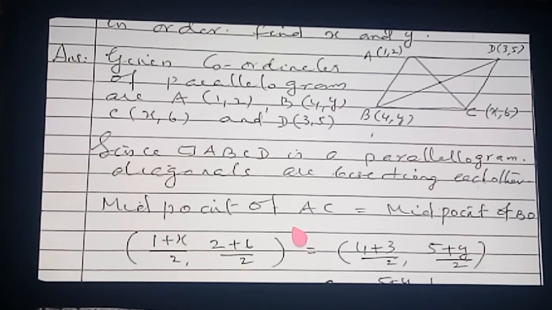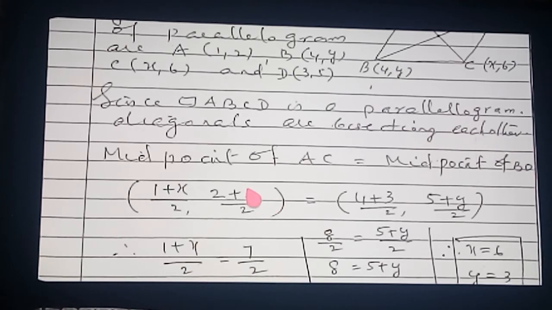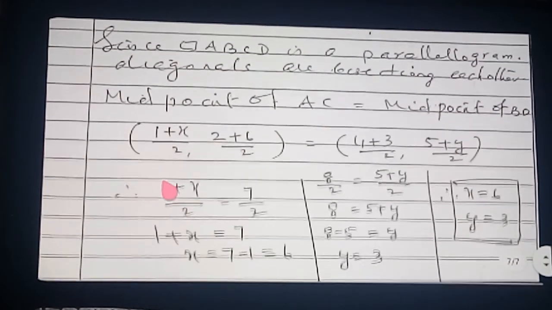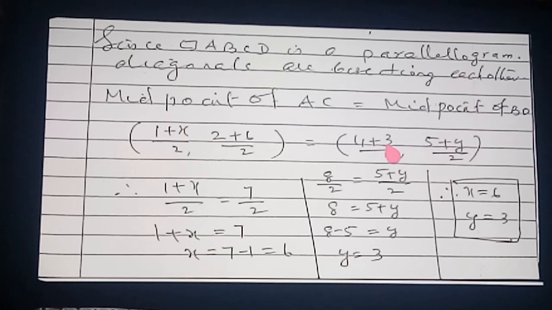Now you have studied in 8th standard, also 9th standard, I hope so. If two ordered pairs are equal, then x coordinates are equal and y coordinates are equal. In any way, if two ordered pairs are equal, it is very clear that the x coordinates will be equal and y coordinates will be equal. Otherwise, they are not equal. So here already you know they are equal. The meaning is that the x coordinates are equal. So we can equate the x coordinates.